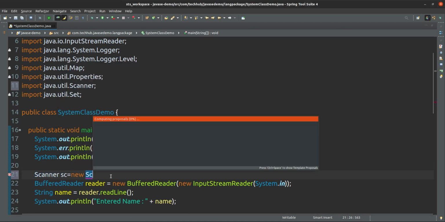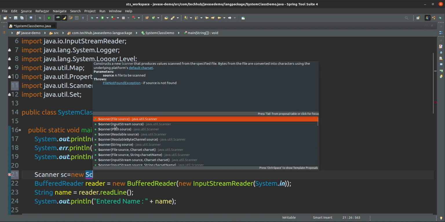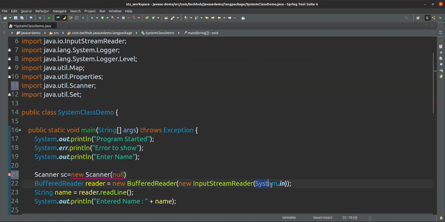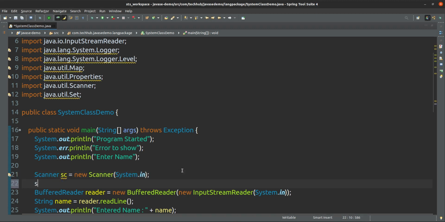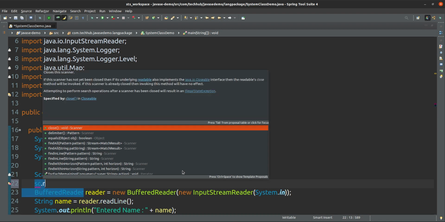Scanner is equal to new Scanner. You have to give the input stream here. Input stream we already have. If you want to create some input stream, you can create that one, but we already have this one. You can give it, and from this scanner, sc dot